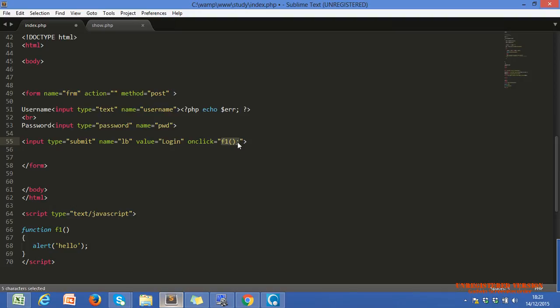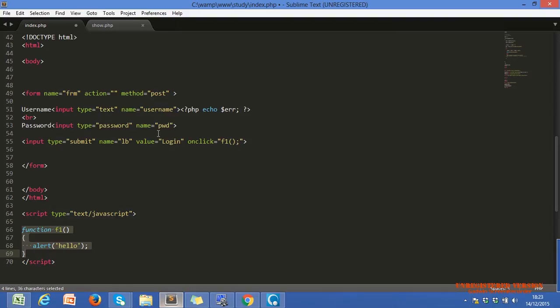In HTML there are no functions. HTML is a simple tag based language. In a tag based language, or you can say a markup language, you can't create functions. You can create functions only in JavaScript, jQuery, and any server side language. We are just studying PHP, in PHP also. Now, this is just a call of the function, and this is the definition of the function. Whenever we call this function, our function executes.